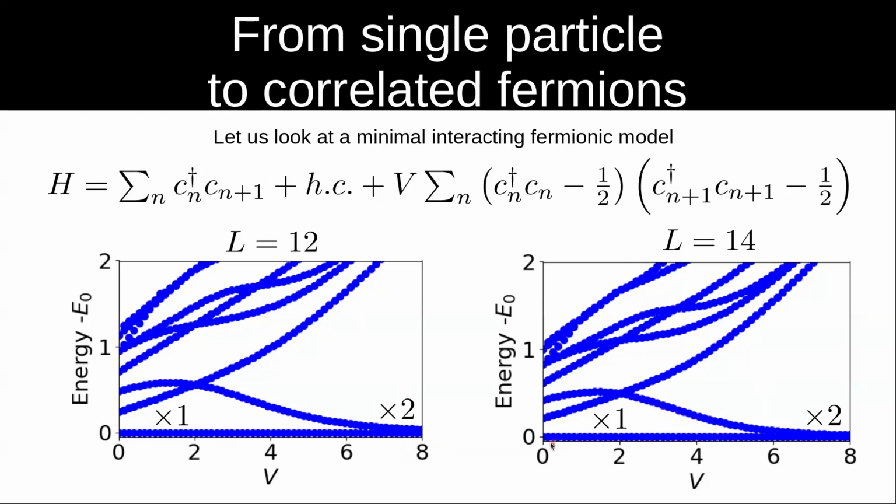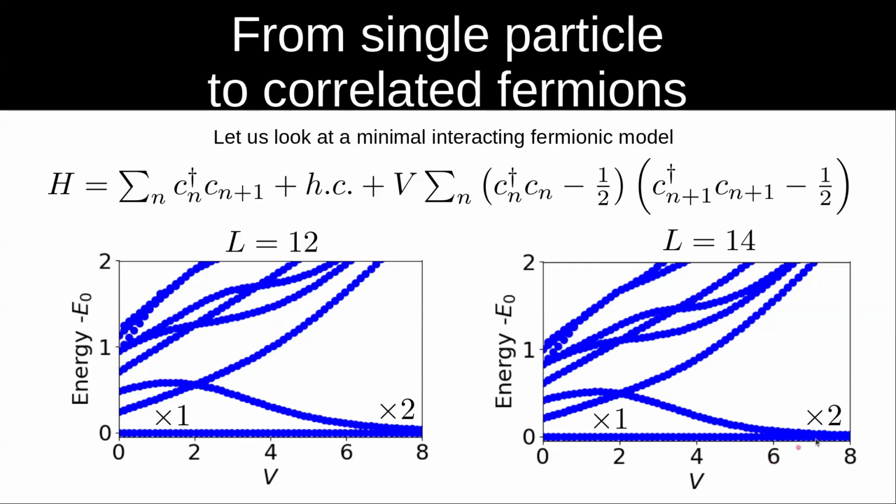And what is also important is that, of course, as you make the system bigger and bigger, the states over here are going to get closer and closer, which is related to the fact that states at V equal to 0 give rise to a metal. So eventually, in the thermodynamic limit, you would expect a continuum of states over here. Something that is also interesting to note is that whereas at V equal to 0 you have a continuum of states close to the ground state, which will become more continuous in the thermodynamic limit,